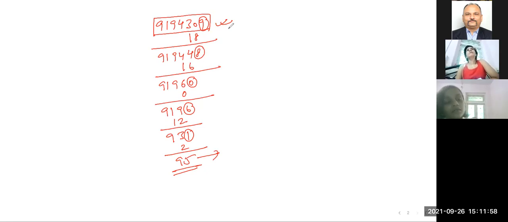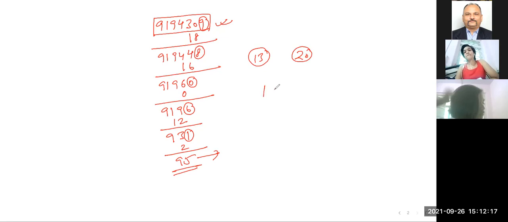So now can I say that we have completed all the numbers? Once I'll tell you the 13 also, we will be able to finish the maximum of them. So now I'll tell you two more numbers. That is, one is for divisibility by 13 and another is divisibility by 20, so that we will be able to finish all the numbers from 1 to 20. Clear? So now write it down.